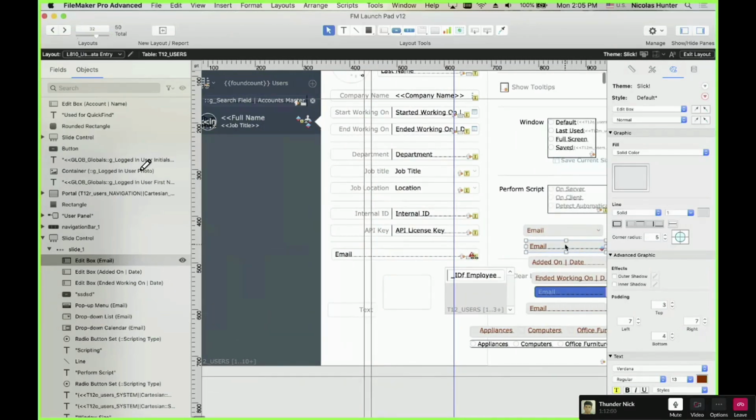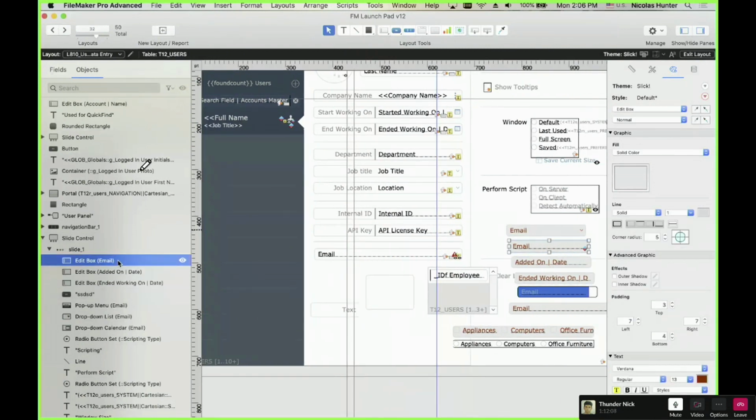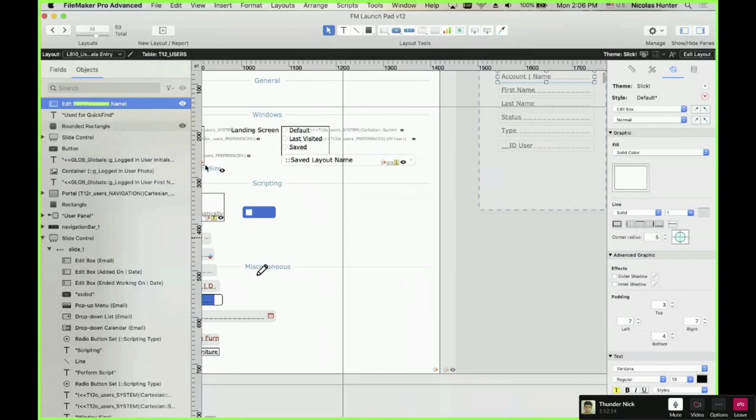Yeah, it's on top. I put that on top first, then this one. And if you selected another one on top, like if that's an edit box there, if you selected that one, then it wouldn't work because you would...